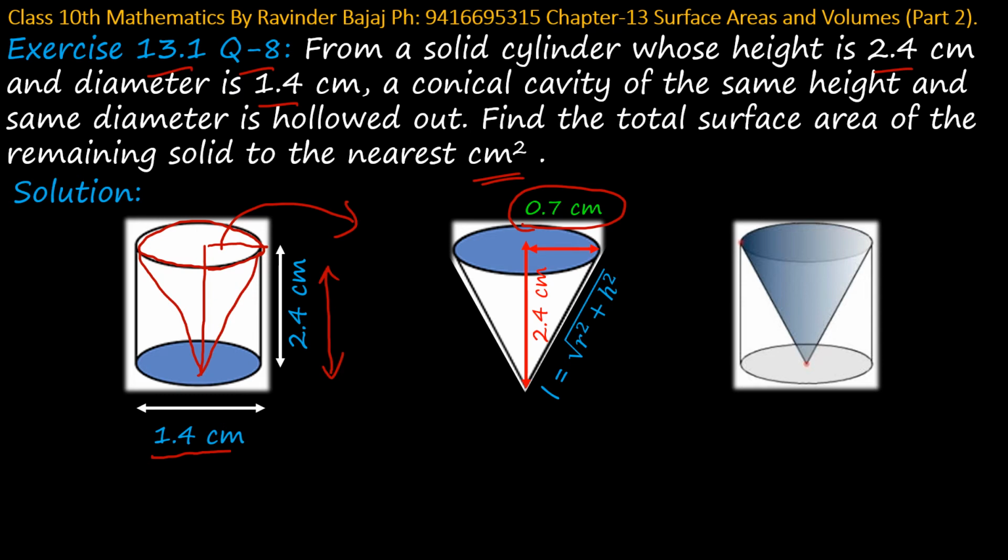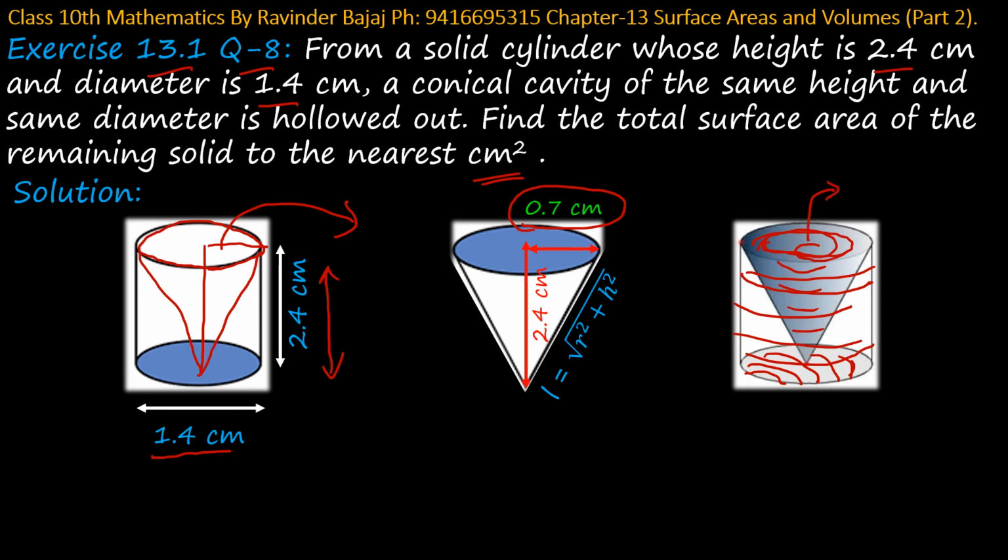So we have to calculate the surface area. This is the curved surface area of the cylinder we are talking about, and this is the base. We have to calculate the base also, and from inside we need to calculate the circular region. See the conical shape from inside, this is also visible because whatever it was made of, suppose glass, that part is taken out.